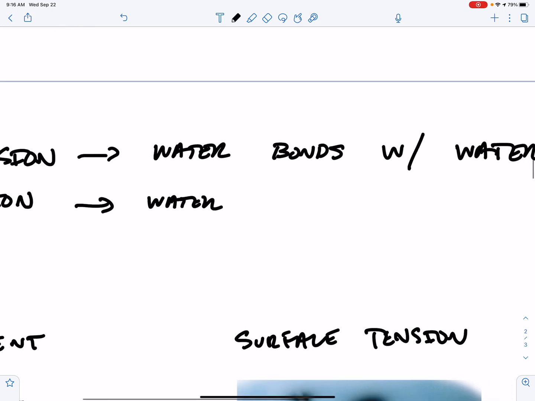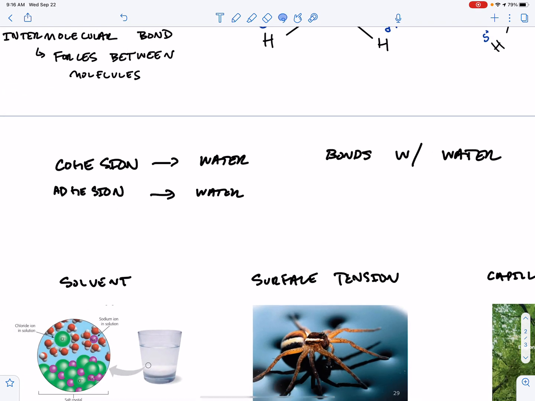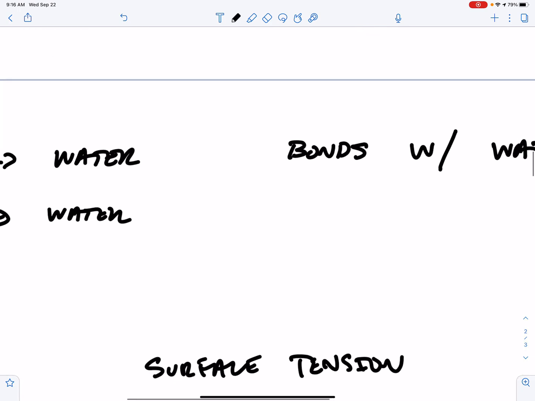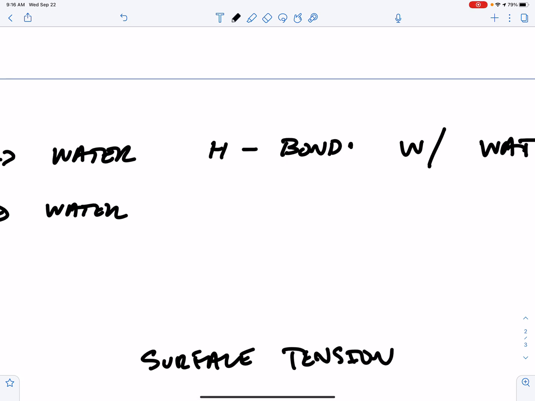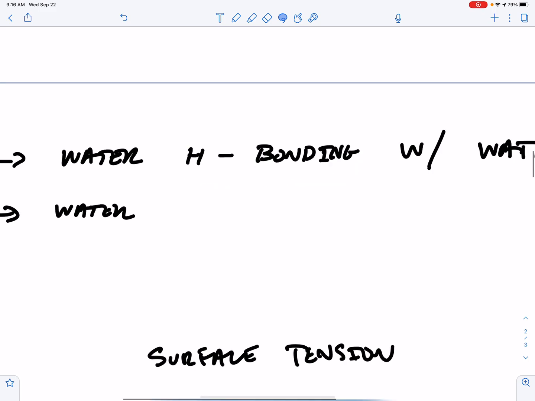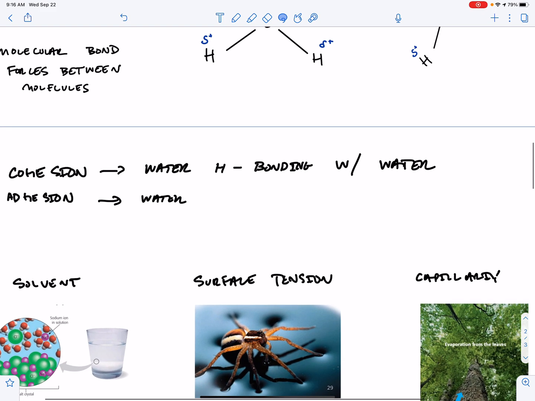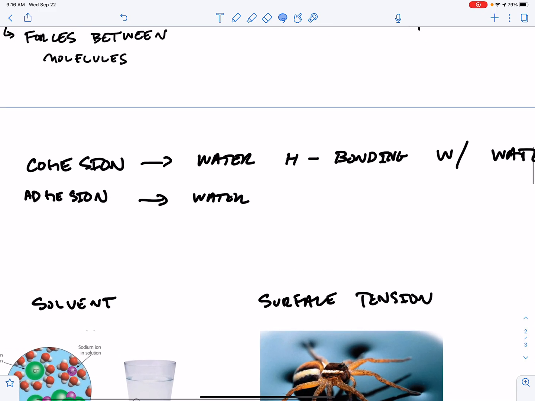Oh, and I guess I should state in here, sorry if you're doing this with a pencil, water is hydrogen bonding, H bonds. So water H bonding with water,